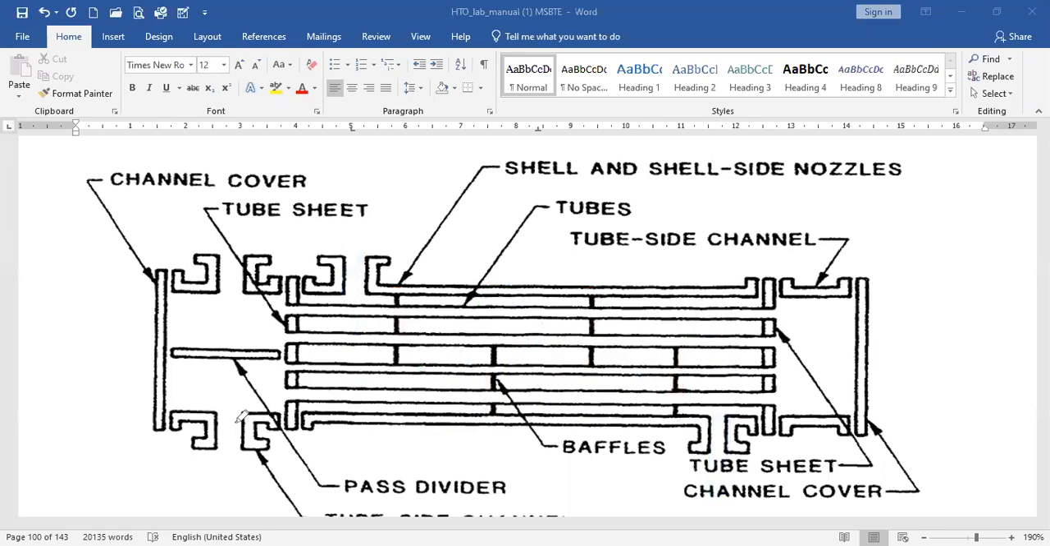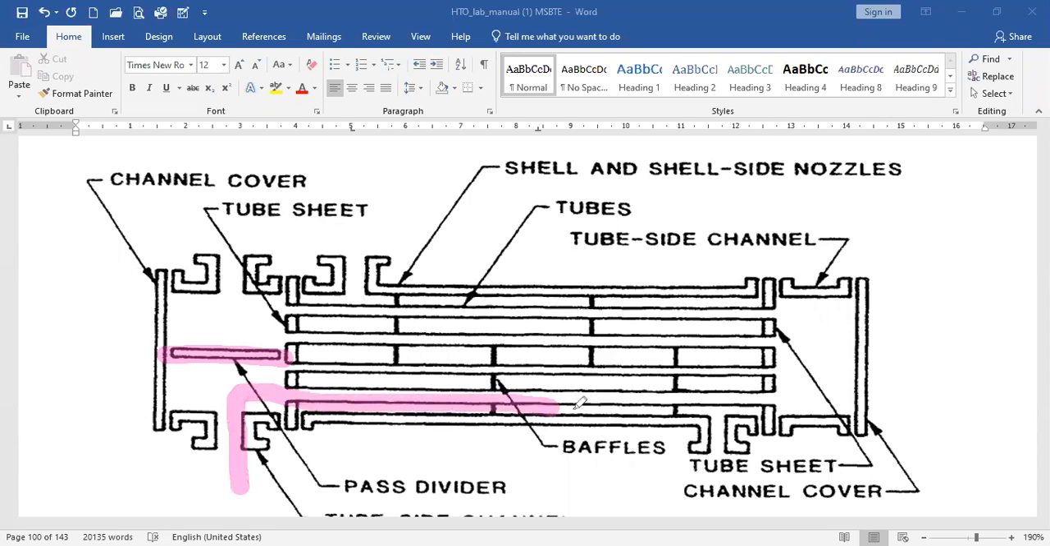So the tube side fluid is going to pass from the channel, and we can pass this tube side fluid more than once along the length of the heat exchanger with the help of a pass partition. So this part is called the pass partition, right? This is the pass partition, that is nothing but a metallic plate incorporated in the channel for moving or guiding the tube side fluid